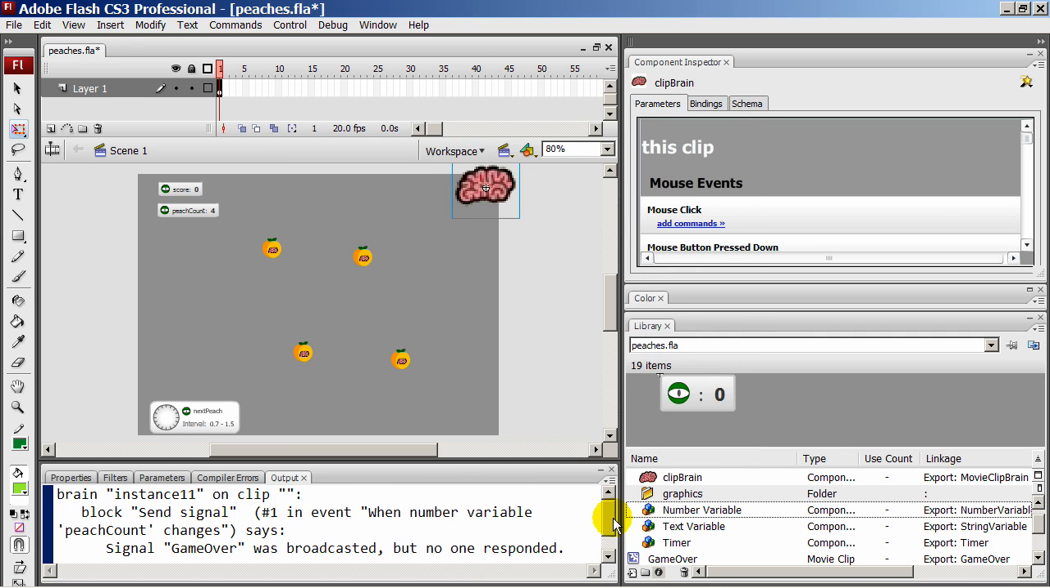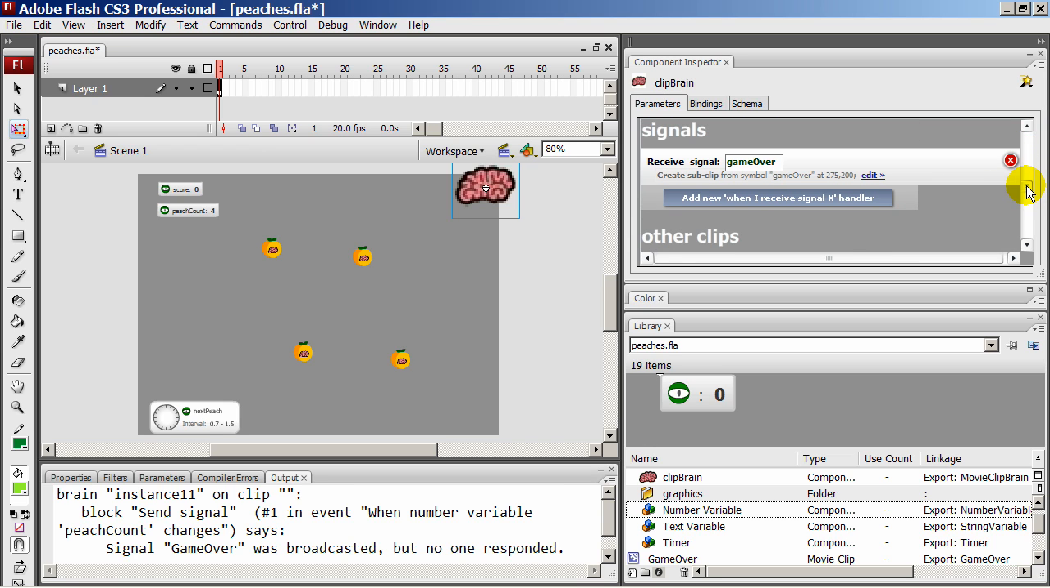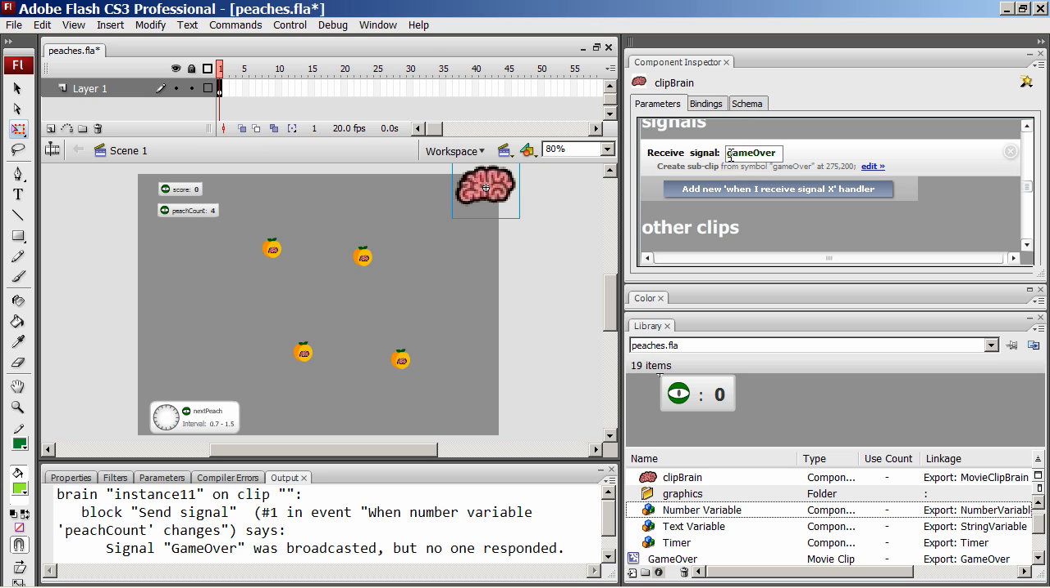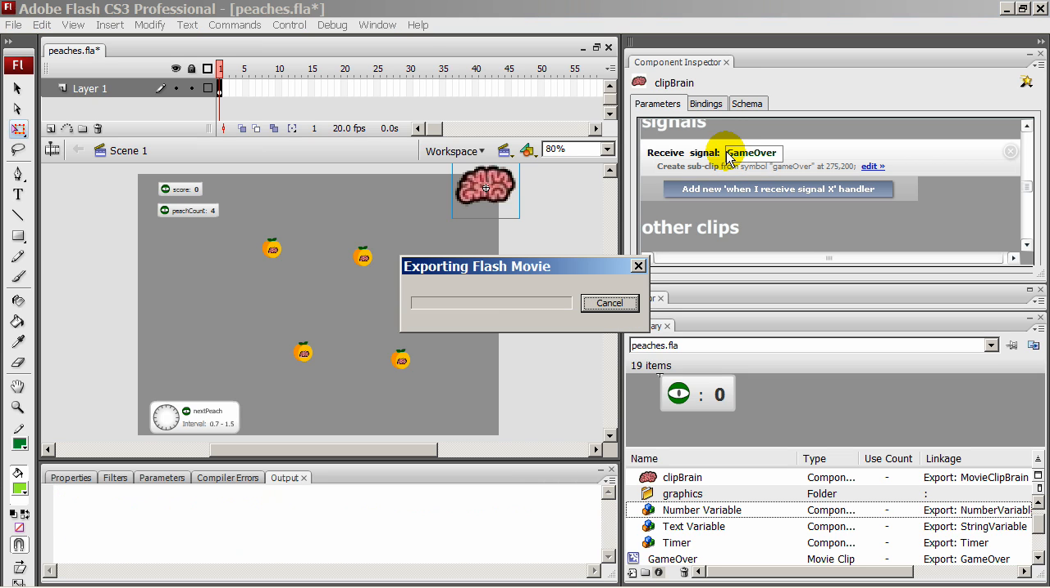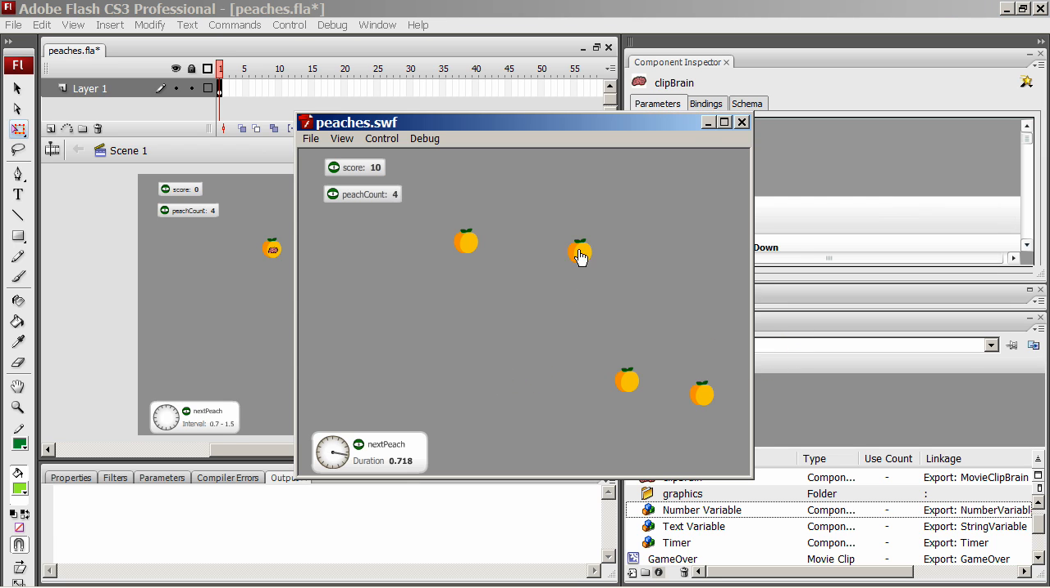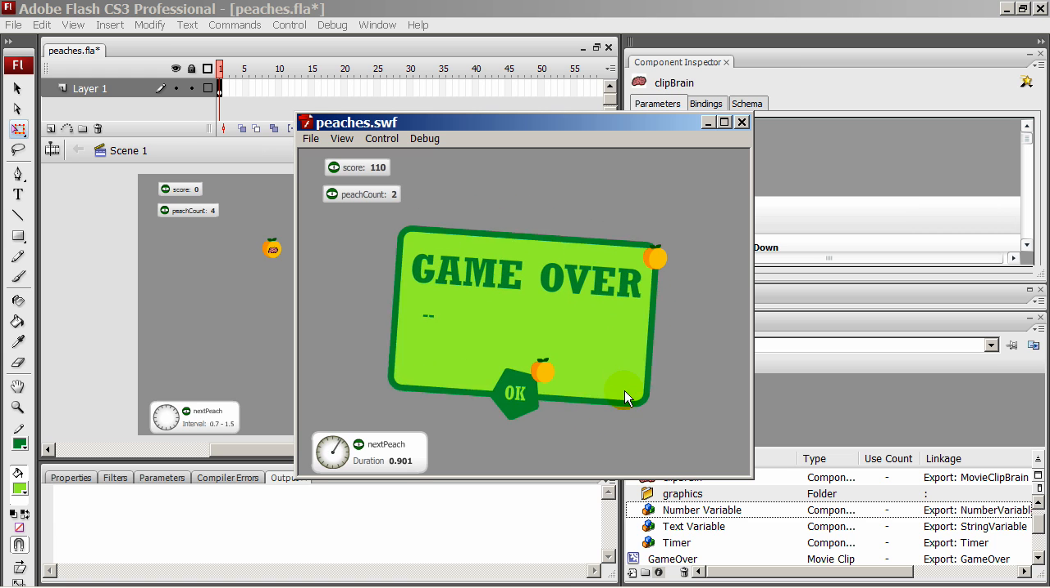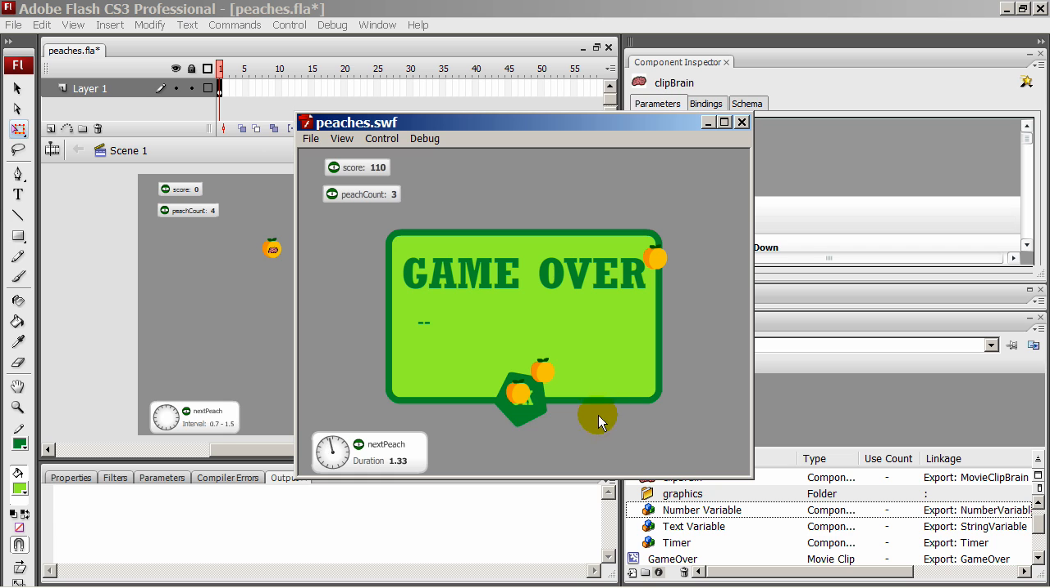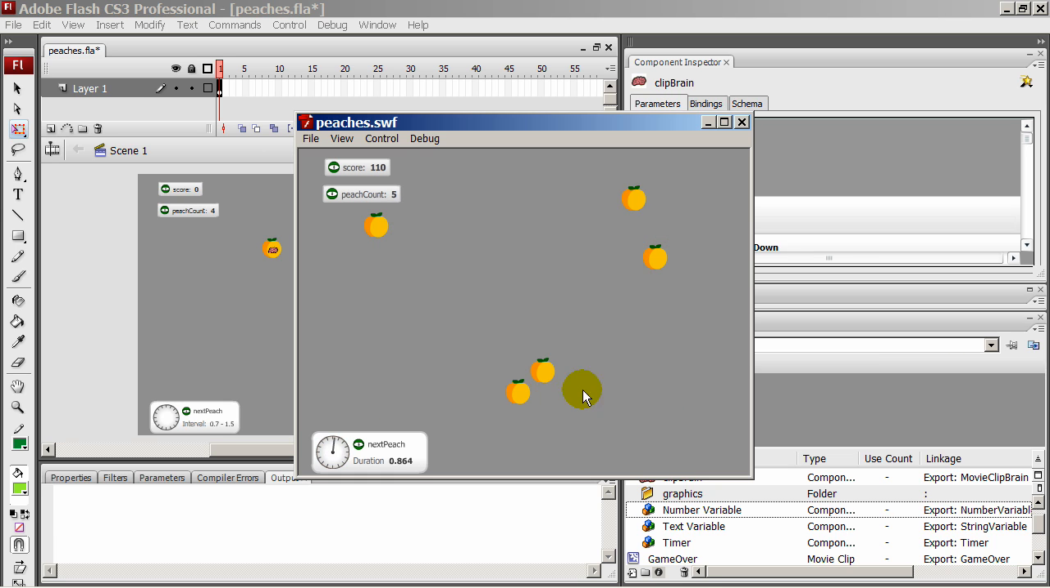but it doesn't yet create me a game over screen, but I do get an error message here which says that the signal game over was broadcasted but no one responded. So let's see why no one is responding. Perhaps this should be a capital letter. And now let's click away all the peaches if I'm quick enough. Oh dear. Okay, and now we see a game over screen appear, which can be clicked away by clicking on the OK